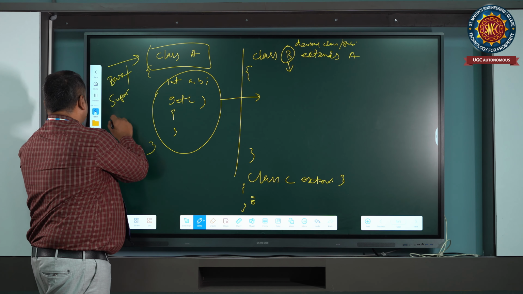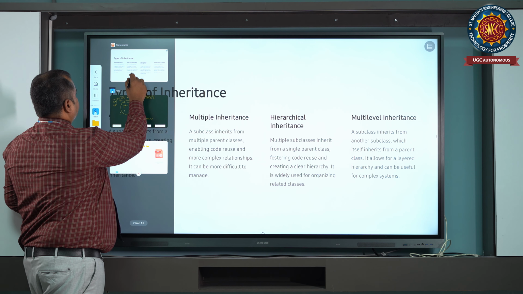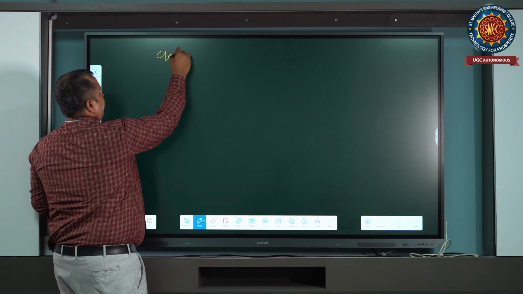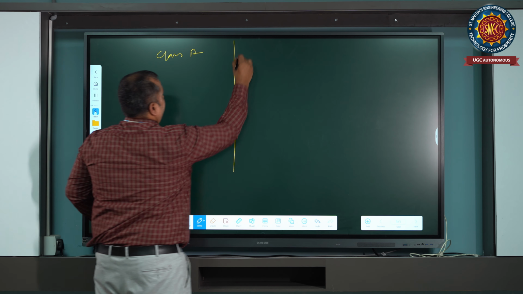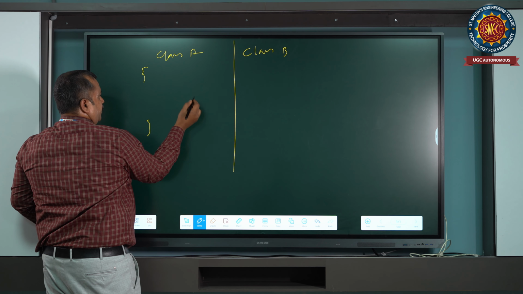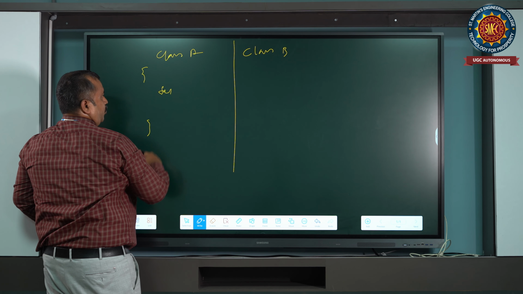We have many types of inheritance: single inheritance, multiple inheritance, hybrid inheritance, hierarchical inheritance, multi-level inheritance. Java does not support multiple inheritance. Why? Suppose the class A has a function named function 1.